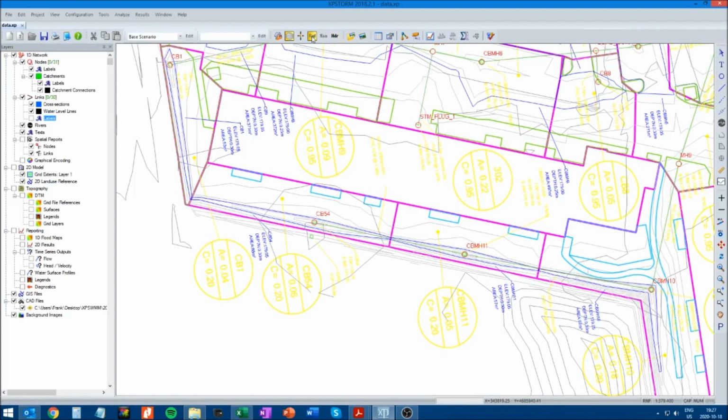We will select catchment under the layers, and by doing that, this little icon here should sort of light up. It was gray before, now it's kind of bluish and brown. So now it can be selected,